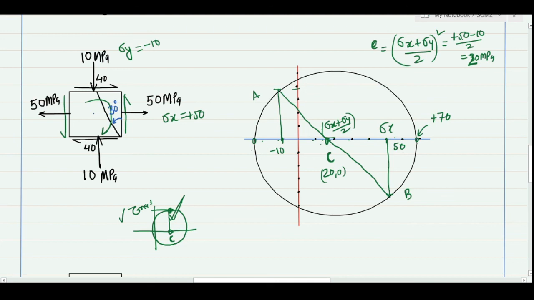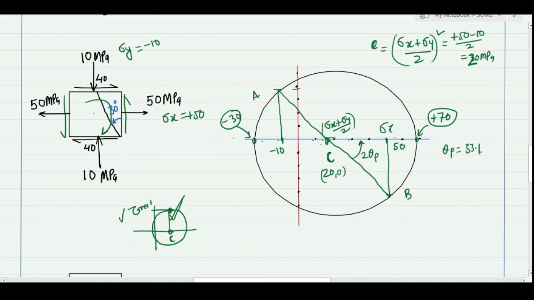Similarly, this is 10, so you can see that this point is corresponding to minus 30, and when you cross check these two results with the result we obtained in our previous class, the two principal stresses are 70 and minus 30. Now what is the position of your principal plane? I have to measure this angle. This angle is corresponding to 2 theta p, and I will measure the angle and make half of this angle, so I will get theta p, and you can cross check, it will be corresponding to the value of 53.1.